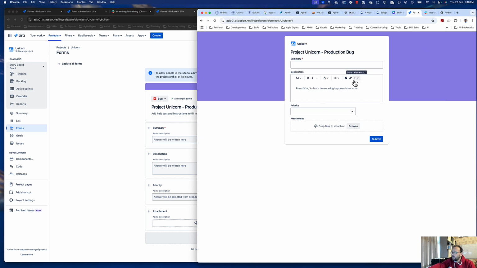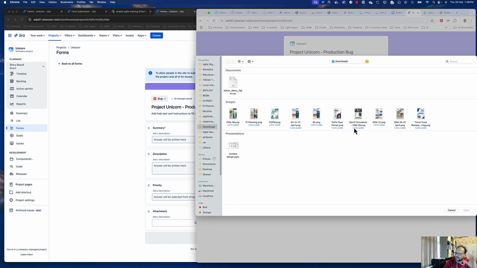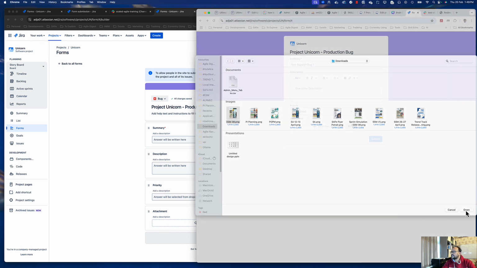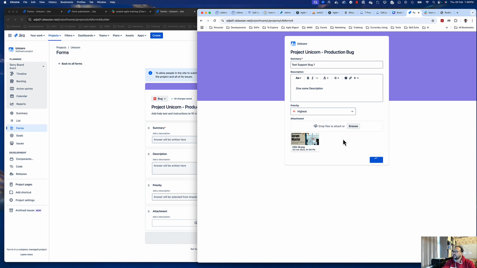So I have created the form over here. I may not have direct access, so I'll say test support bug 1. I'm creating one bug over here, and I will give some description and then select the priority. Let's say this is the highest priority item, and if I want to show some bug screenshots or something, I can attach it from here. For example, I'm just taking any image that I have, so I have attached it right over here,